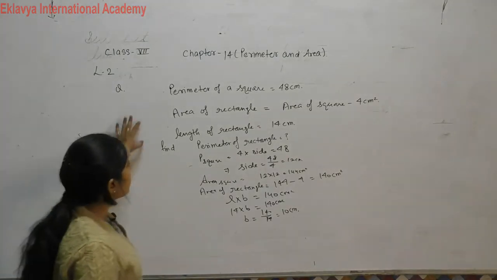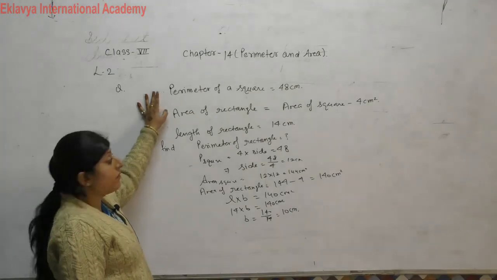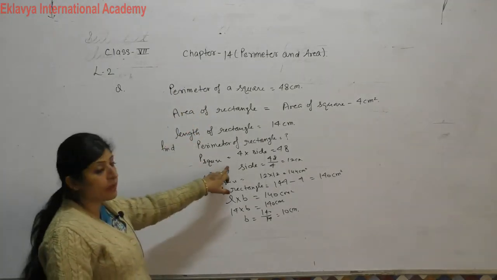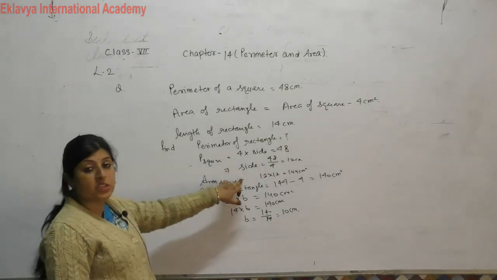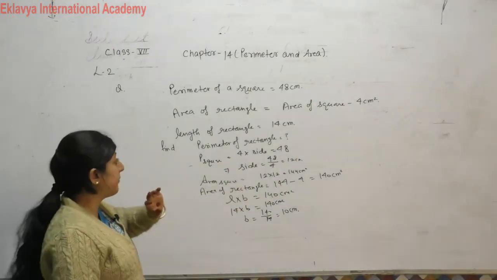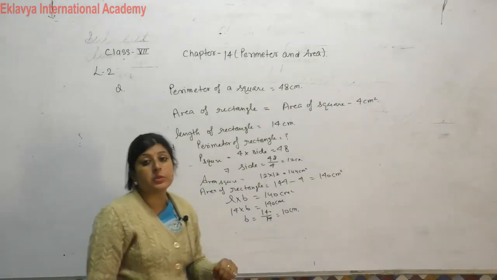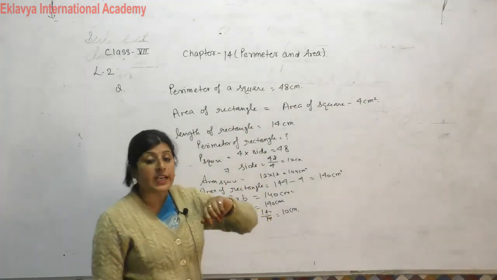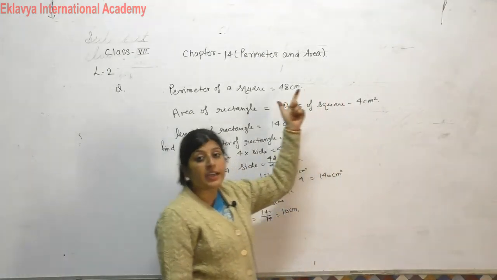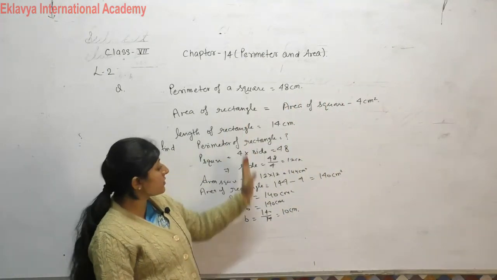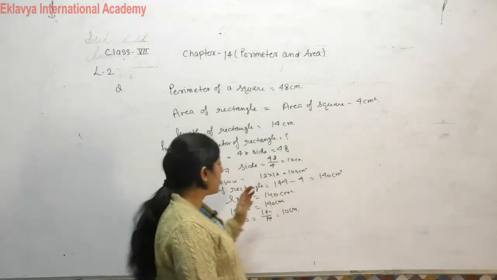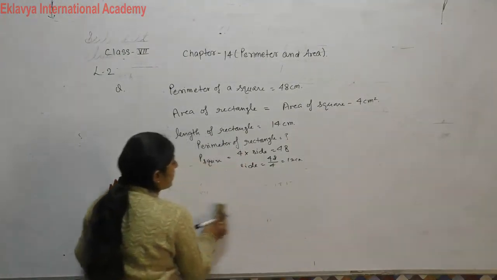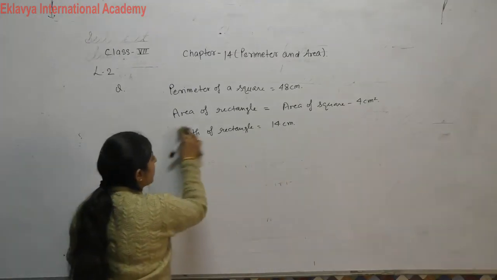In this question given to you perimeter. Then from the perimeter of a square, we can find out the area of square. Firstly side, then area. Now one relation is given to you that area of rectangle is 4 less than, means minus 4, area of square. Then solve it, put the value of this thing, and find out the breadth of a rectangle.